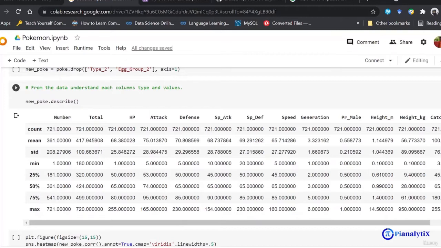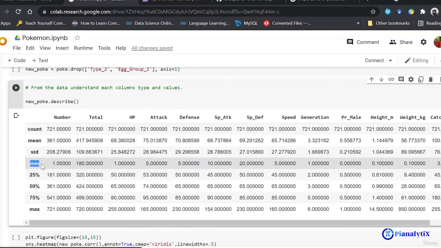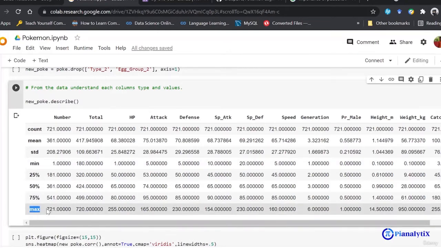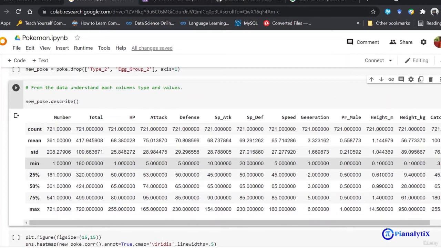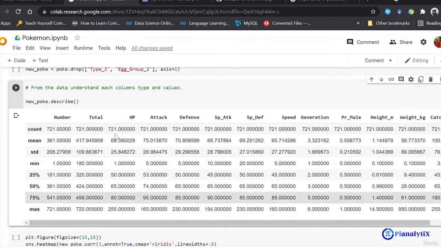You can infer a lot from it, and one thing that I would like to point out is to look for max and min ranges. You can see that a minimum is supported here and a max is supported here. So you can see the range for this number column is 720, or basically 721 to 1. Similarly for total, for HP and all of the integral columns.